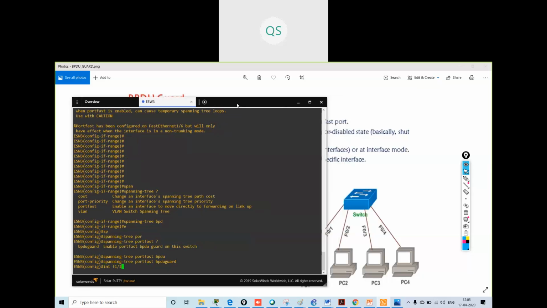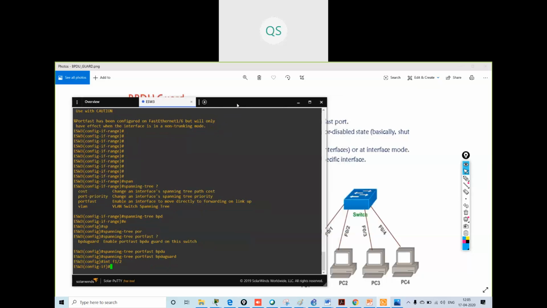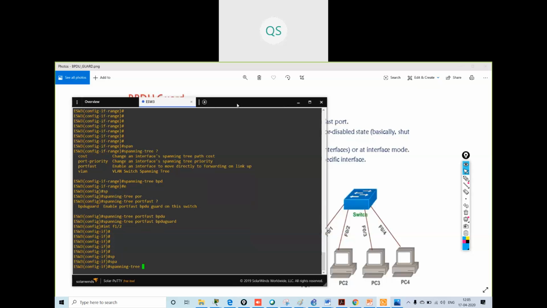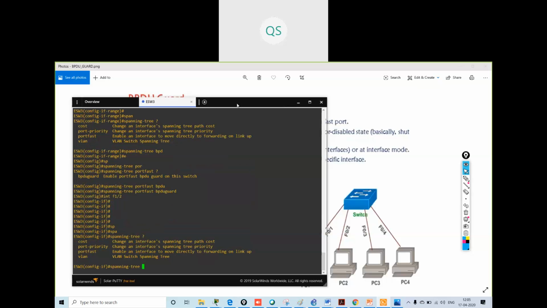Spanning-tree... I'm not getting it. We can use the other command, right? That's what I was using, the other one only.